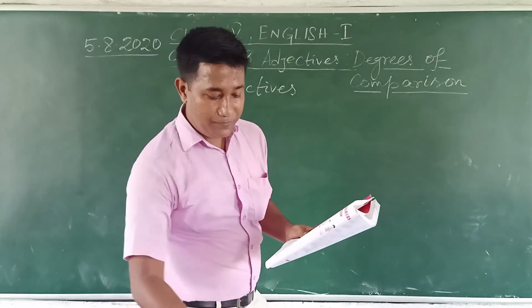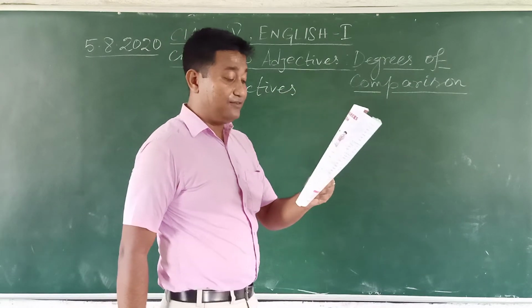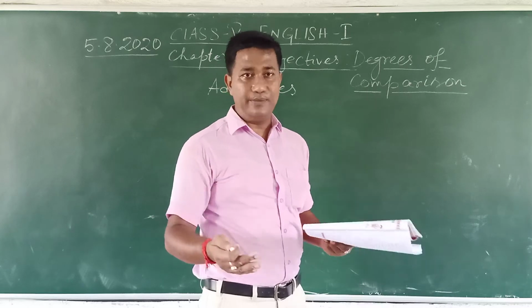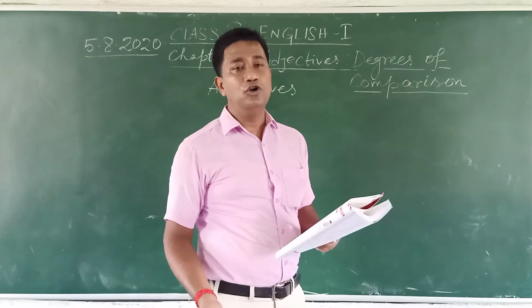So this one is the formation of the comparative and superlative degrees of adjective. The positive will be given, because without the positive, how can you make the others? From there, how can we make the comparative degree, and also how can we transfer into the superlative form?